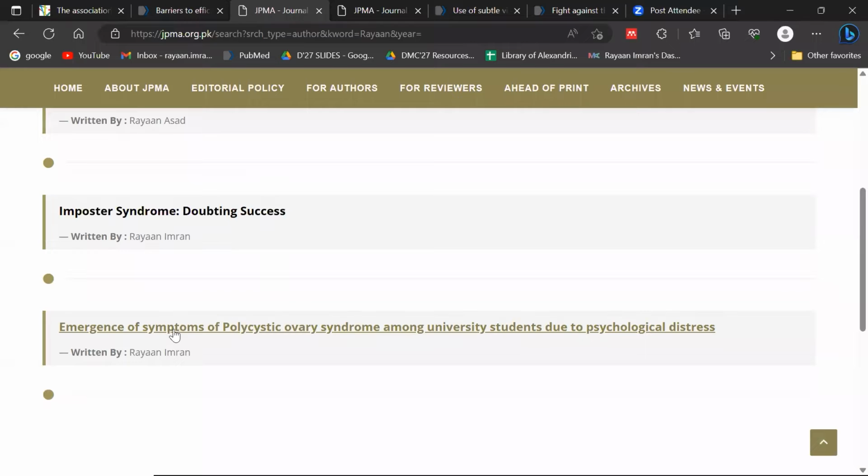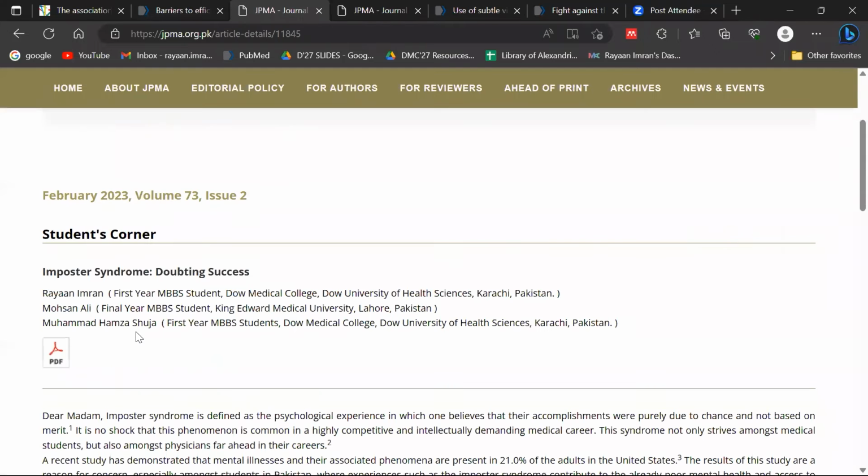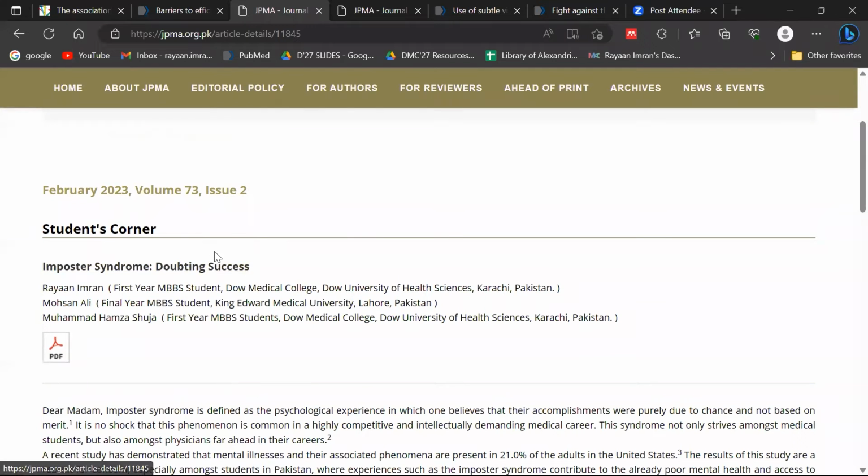ये दो, imposter syndrome and emergence of polycystic ovary syndrome. If I go to this particular article, now this particular article जो मैंने लिखा था for imposter syndrome, this particular article मैंने इसलिए लिखा था in JPMA because JPMA में there were no articles in this particular journal that addressed this issue. However, other journals जो कि higher levels होते थे उधर already था, and to me it was like, why isn't this in this journal? There should be a topic in this, so we push this share.